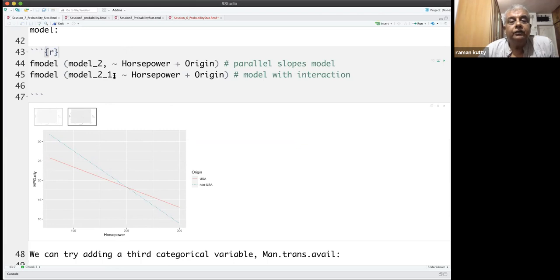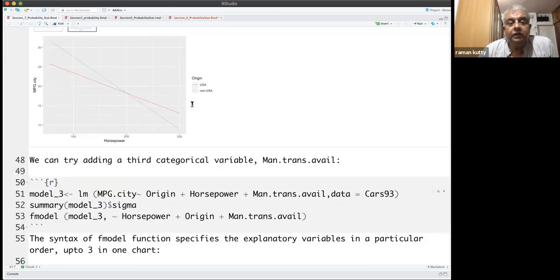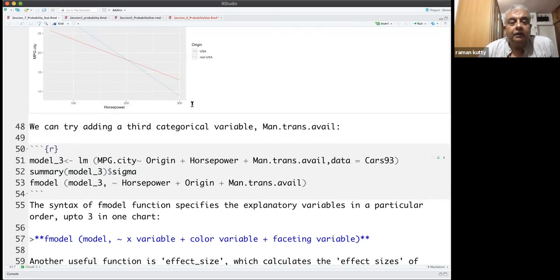But here what you see is that the order in which you specify these terms, the independent variables, is important. If you go one step further, we can try adding a third variable, which is man trans available, which means manual transmission available or not.